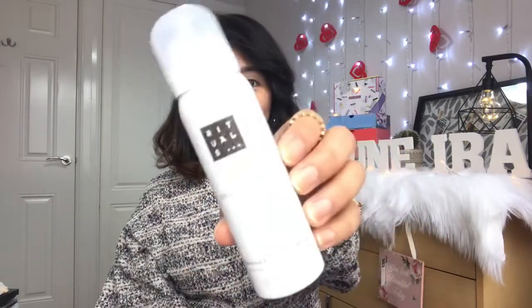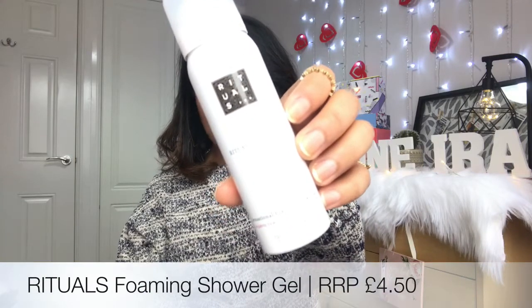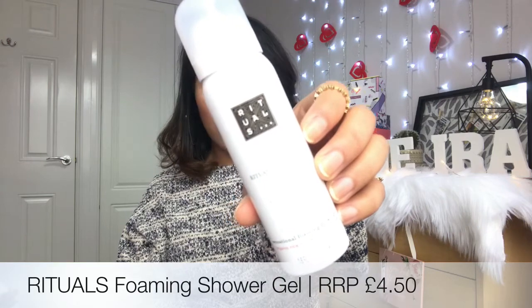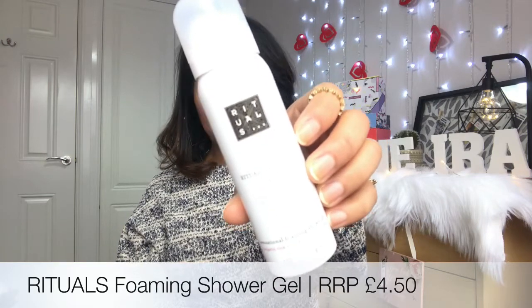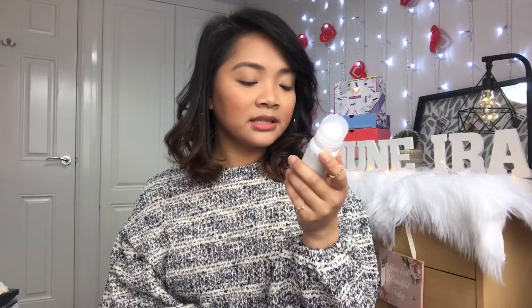So the next product, we've got a full size. Here it is. This is by the brand Rituals. It is the Ritual of Sakura Foaming Shower Gel. These are RRP £4.50 and this is a full size. And it says here, celebrate each day as a new beginning. I agree with that. This is a sensational